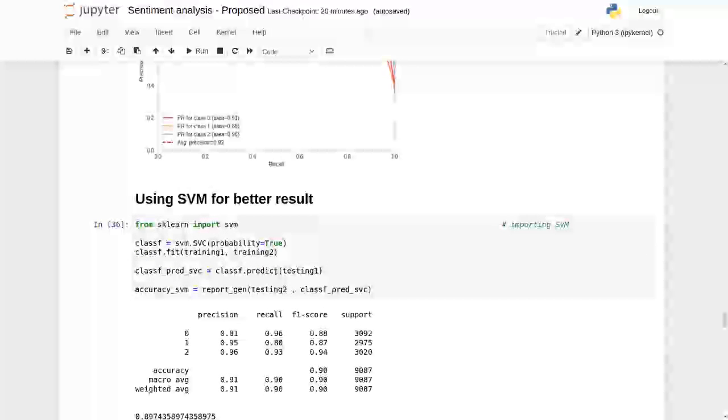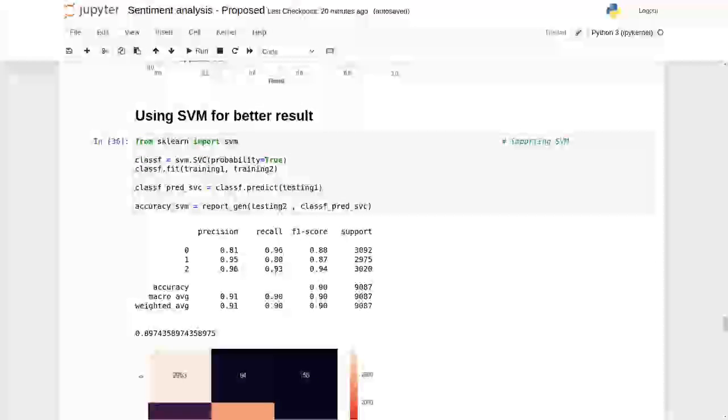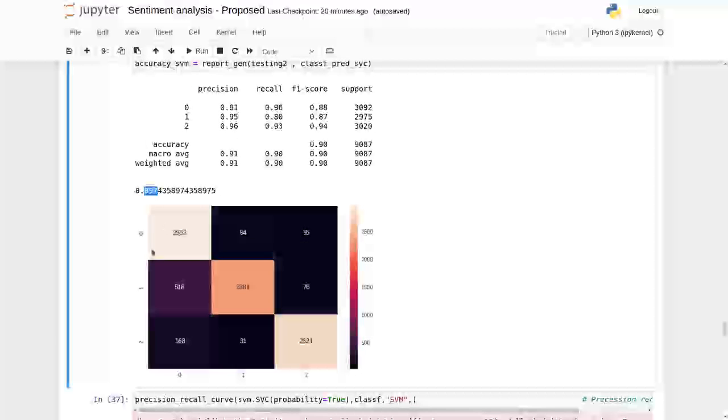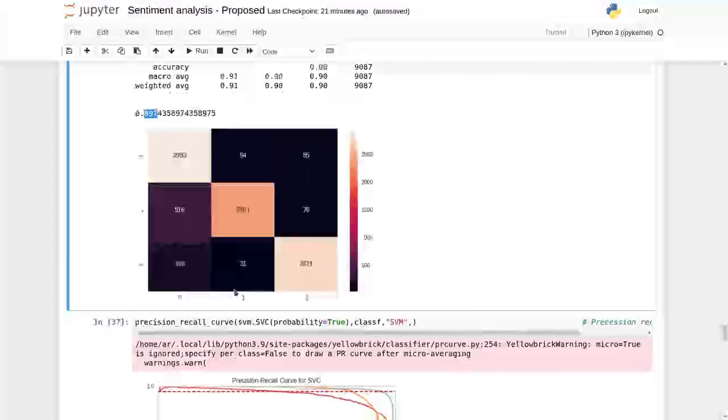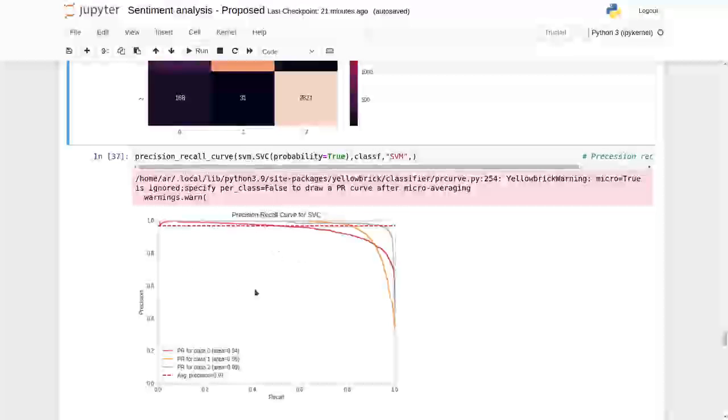For better results, I have used SVM, which gives much better results than the previous three models. By using SVM, I have achieved an accuracy of 89%, and this is the confusion matrix for SVM. This is the precision recall curve for SVM.